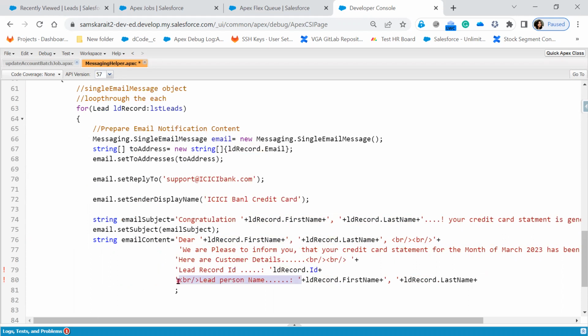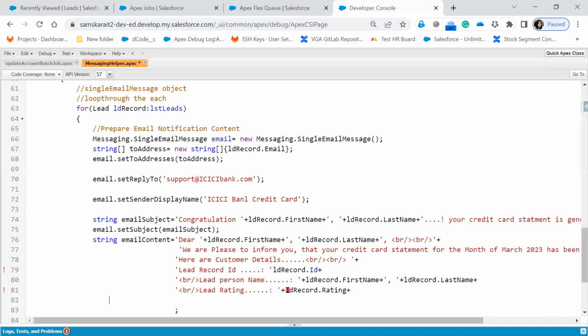And again the break. And here I'll show the lead rating, LD record dot rating